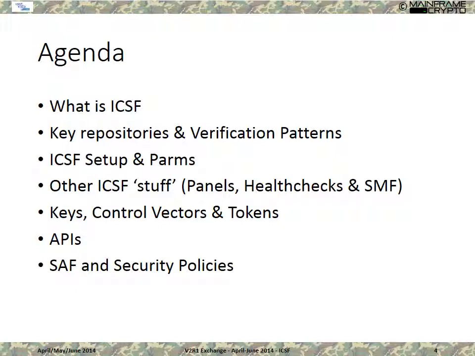And then in June, we'll turn our attention more to the application side of ICSF. We'll talk about the keys that are available. We'll talk about something called control vectors, which are introduced by the IBM Common Cryptographic Architecture that we talked about in January. Then we'll look at the APIs, just an overview of what's available and how they work. And then finally, we'll talk about securing resources within ICSF, things like securing keys as well as some security policies that you can implement. So let's go to slide 5